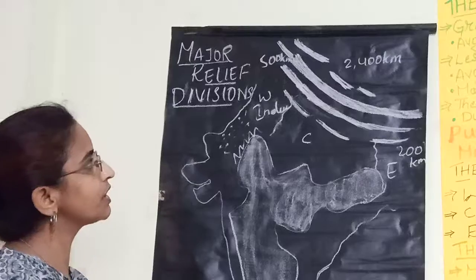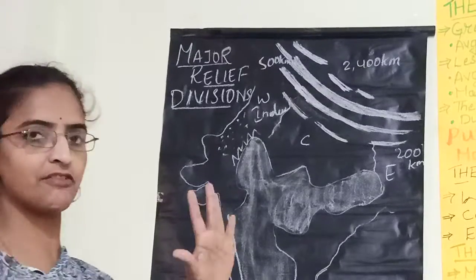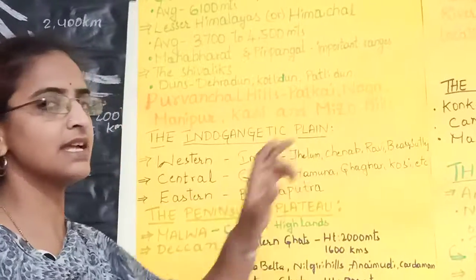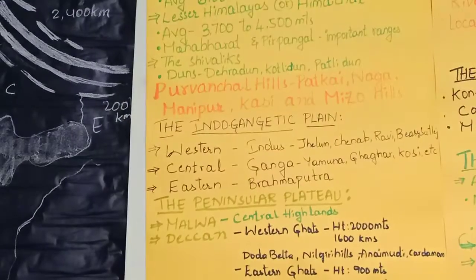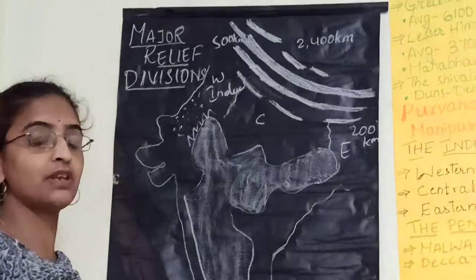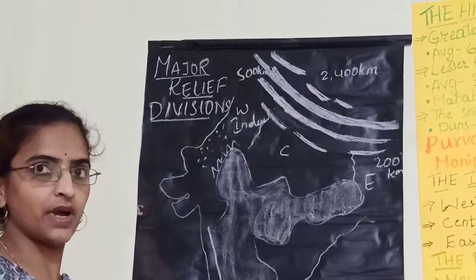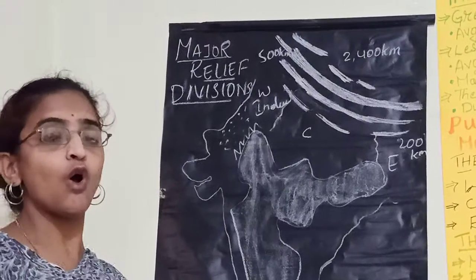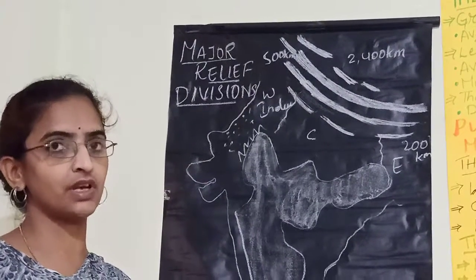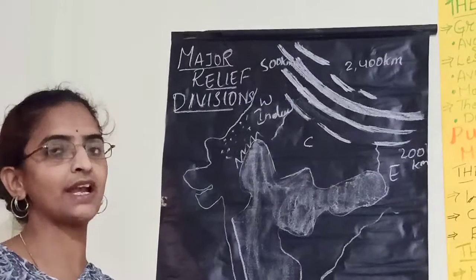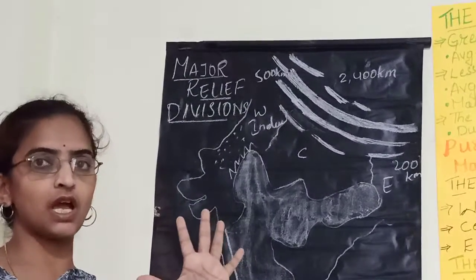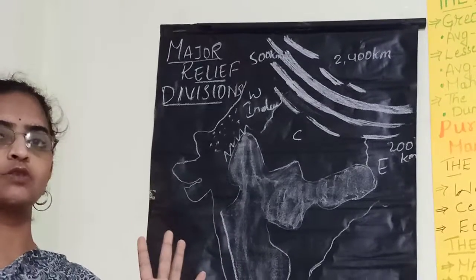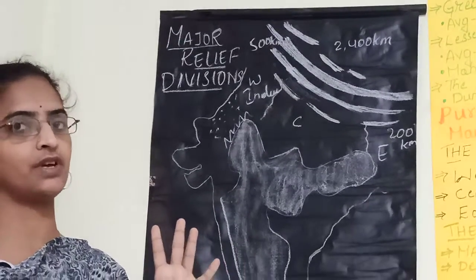Okay, how many tributaries does Indus have? There are 5 tributaries of river Indus: Jhelum, Chenab, Ravi, Beas, and Satluj. Okay, so before Indian partition, that means when India was not partitioned, when there was no Pakistan, at that time all the 5 tributaries of river Indus joined, and it was called Punjab. You know, the present state Punjab got its name. That is all because of the 5 tributaries of river Indus.